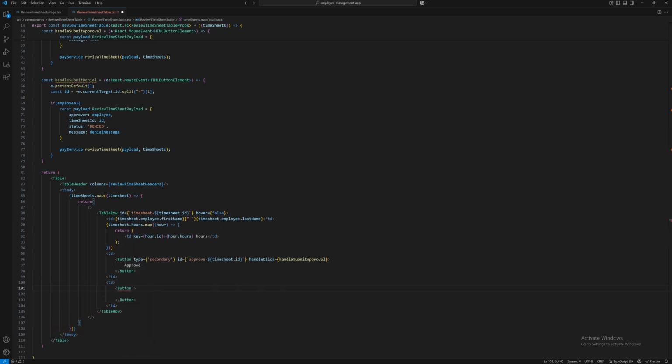Inside this button, let's say type is equal to error. The ID will equal backticks deny $ curly brace timesheet.id, and the handle click will equal handleDenyClicked. Now inside of our button, let's have the text "Deny." There we go. Then we're going to come outside of our table row, set up a set of curly braces,